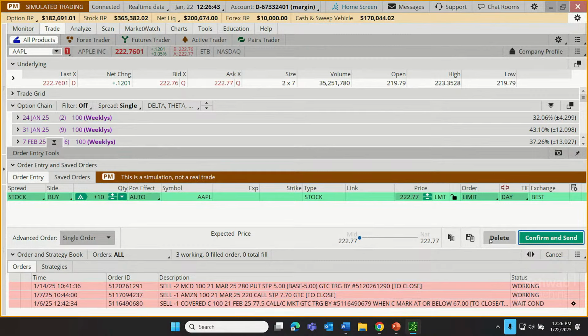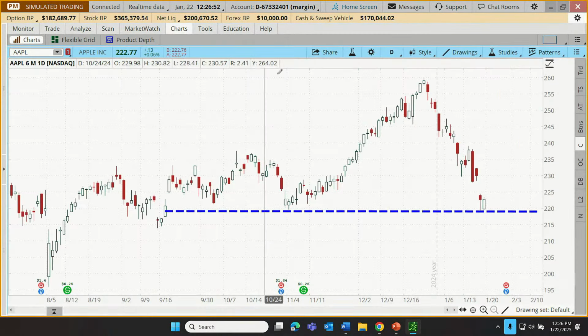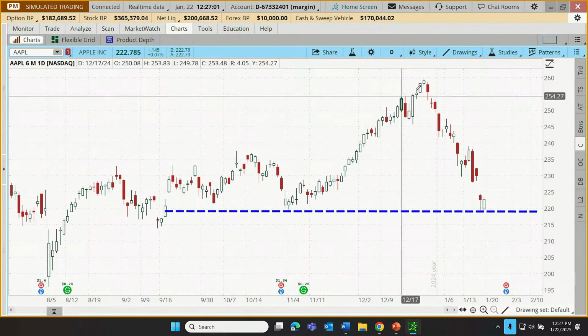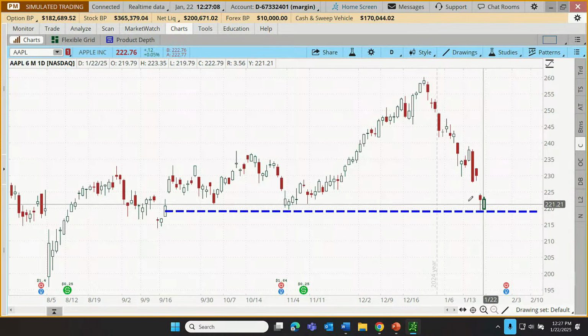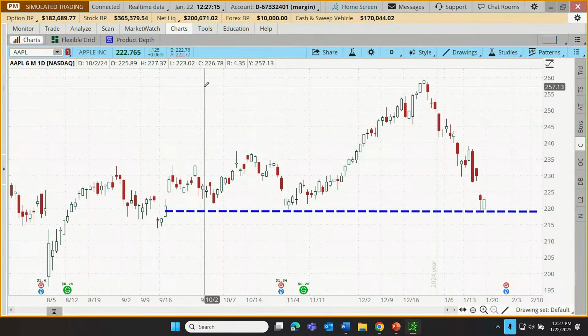Let's see, let's just stay on that same path of speeding up trading on thinkorswim. Well, let me go to the charts. Sometimes our traders looking at charts, and rather than having the idea to place a trade, let's say that they're looking at Apple and Apple's been bouncing along. It looks like we've had a pretty good support right around that 220 level. And our trader's looking to maybe place a buy order for Apple. Instead of having to go back here to the trade tab and enter that order, wouldn't it be nice if we just had that function right here on the charts?